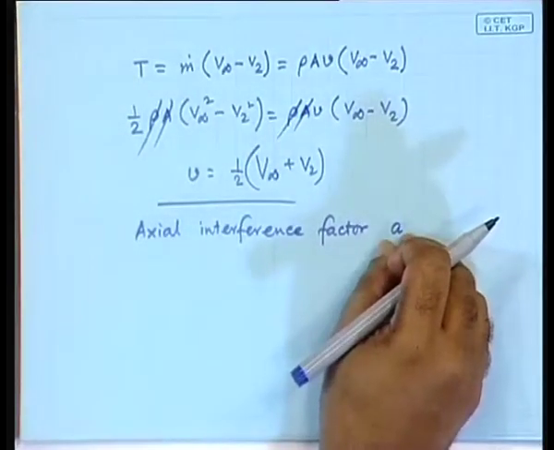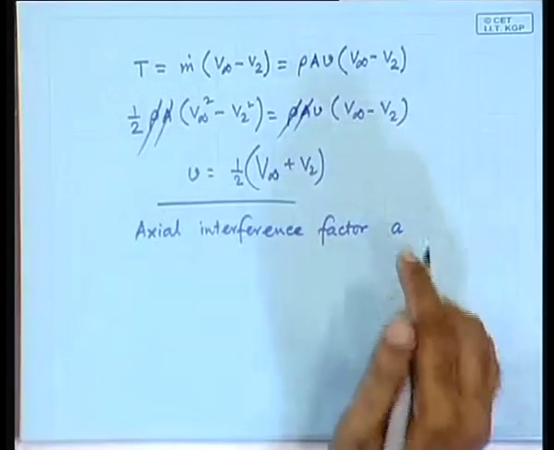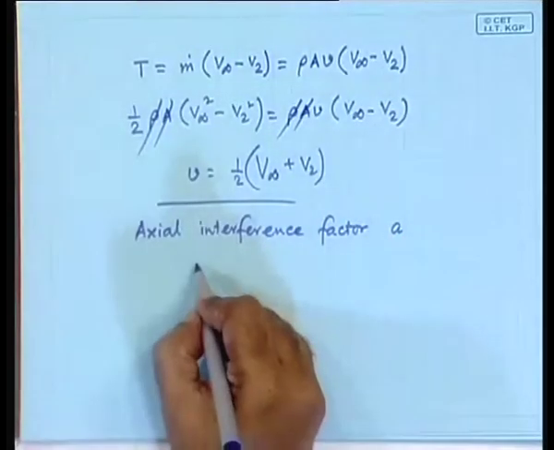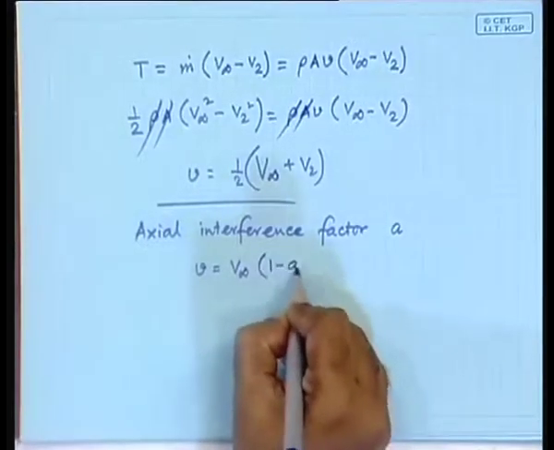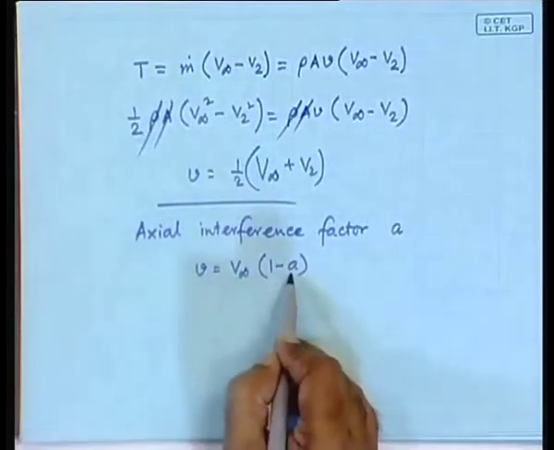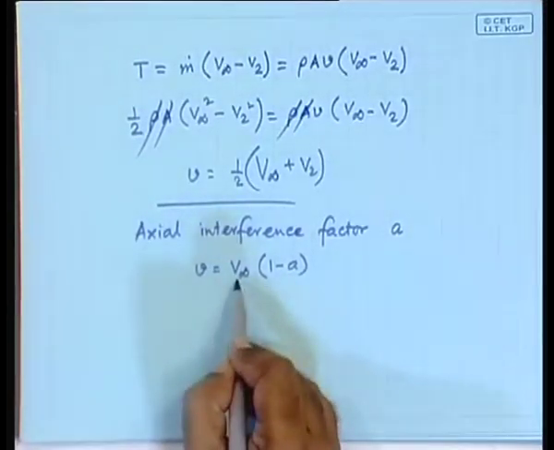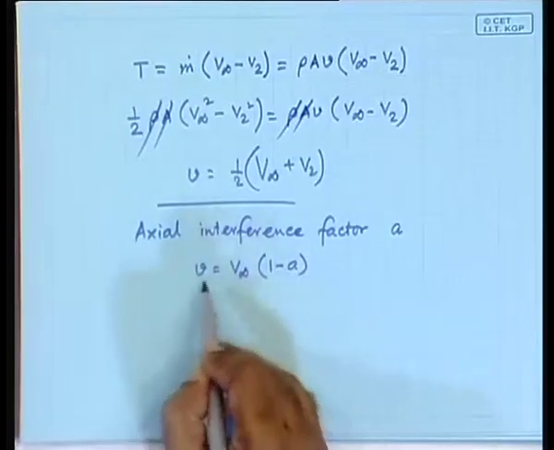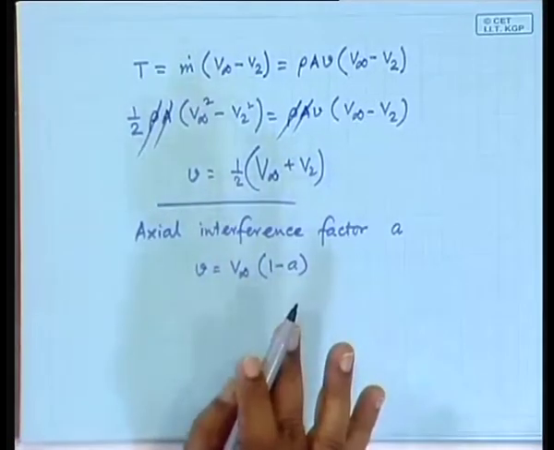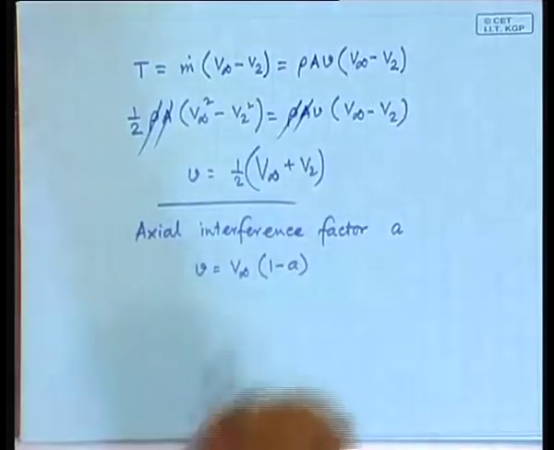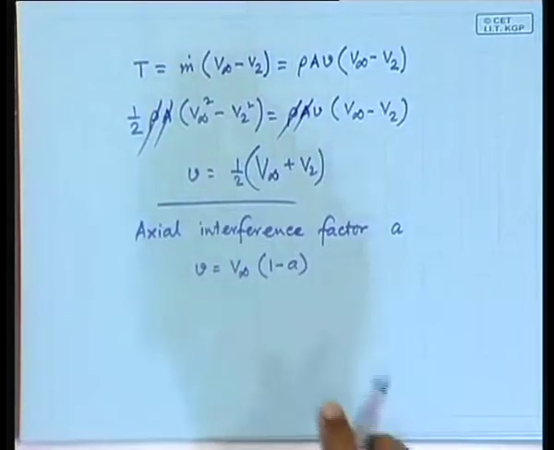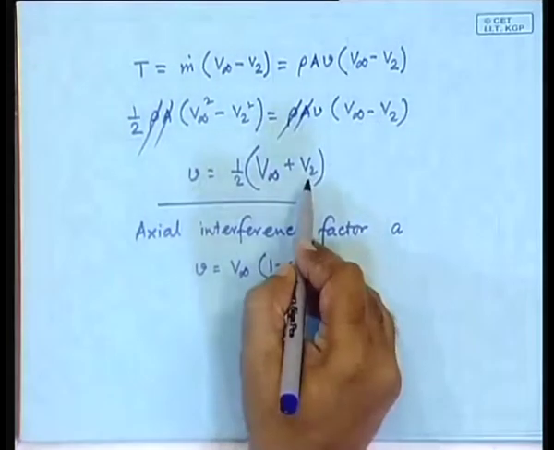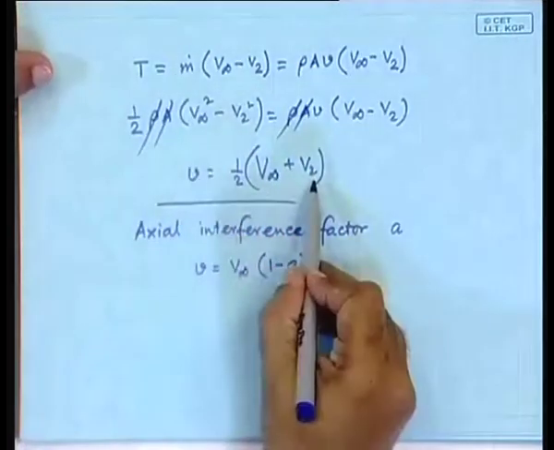So, how is A defined then? A would be defined, in terms of V, as V is equal to V infinity into 1 minus A, right. So, if A is 0, small v is V infinity, if A is 1, small v is 0, clear. So, we have defined A and we have obtained the expression for V in terms of that. Now, we can also obtain the expression for V2 in terms of that. Can we just do that? Here, using this,